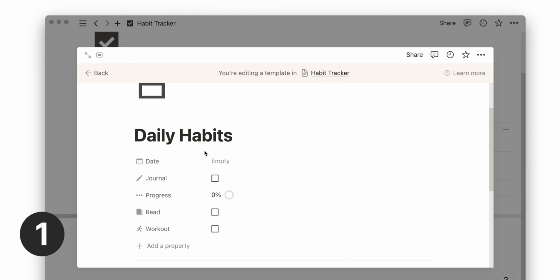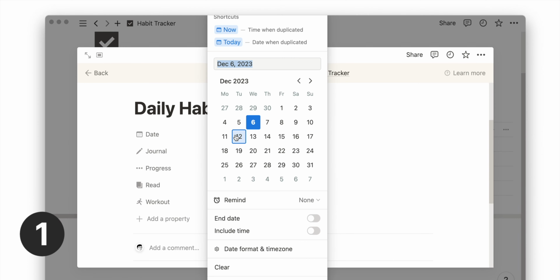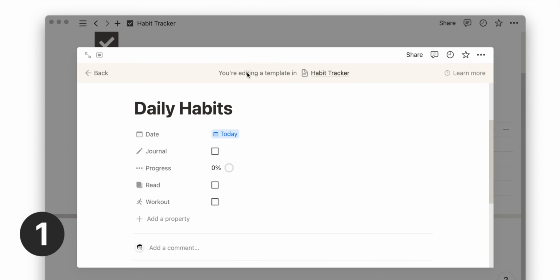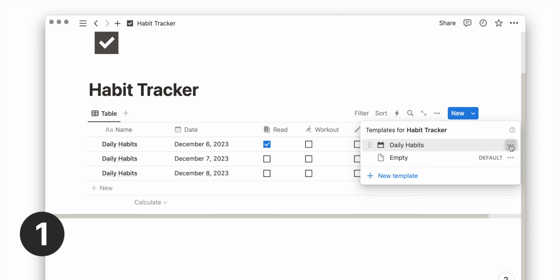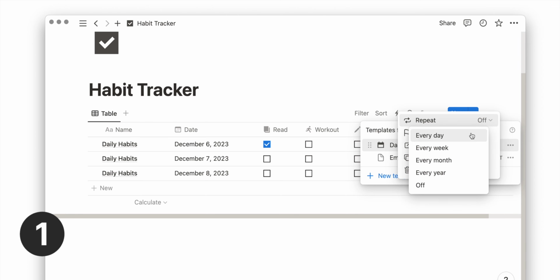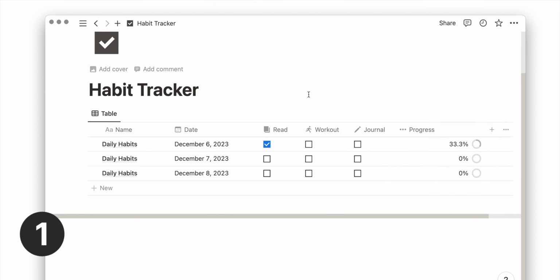For the date property, we'll preview it to the date when it's duplicated. And I will rearrange the progress formula to be at the end of the page. And with that, we'll just go back to the home page and go back to the down arrow, and from here we can set this template with it every day and hit save. So a new page with the date property filled in will be generated every day, and you can start checking